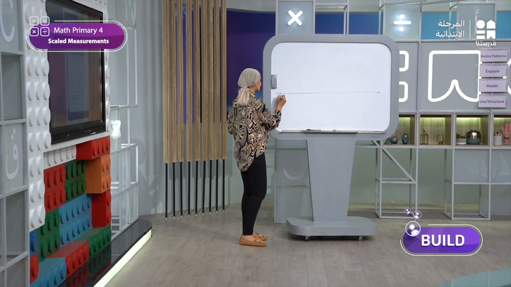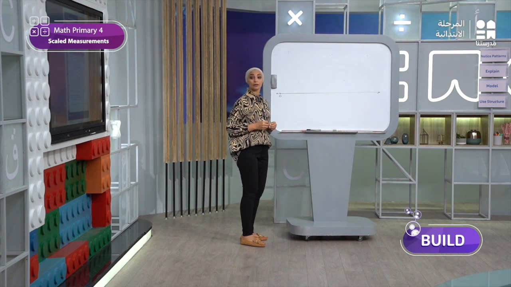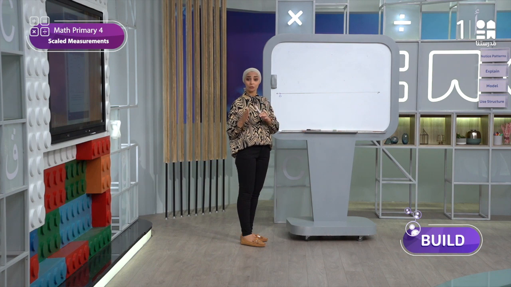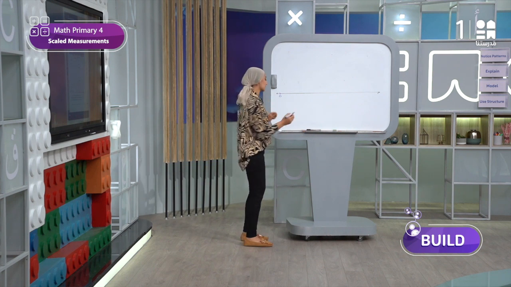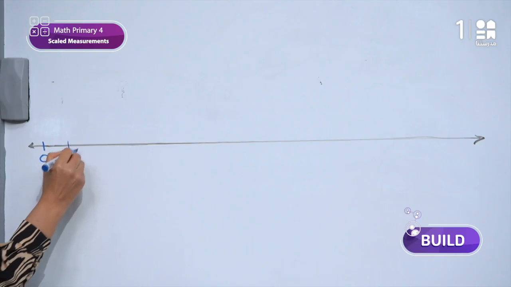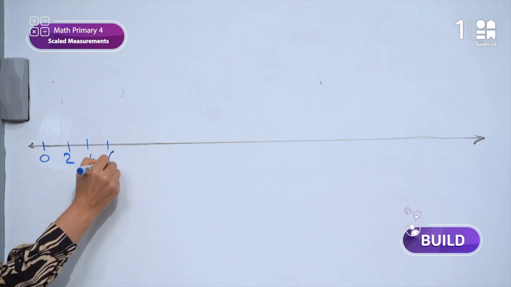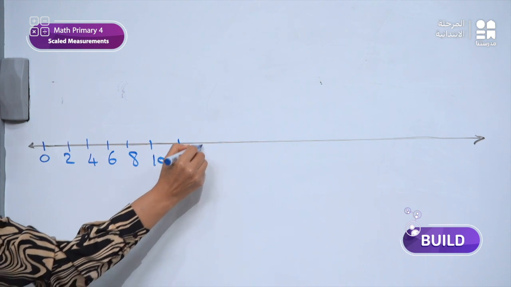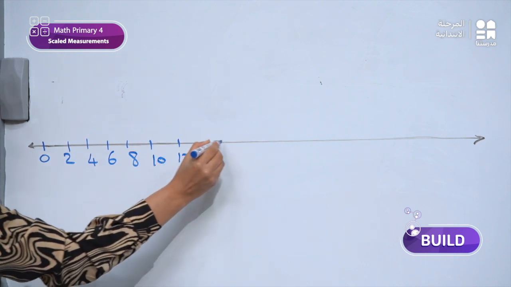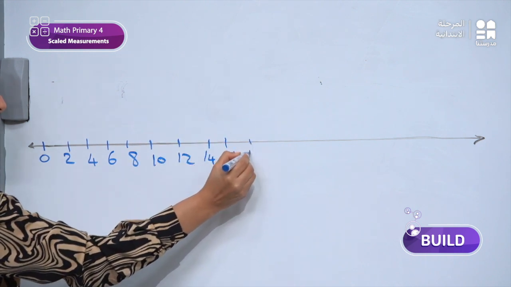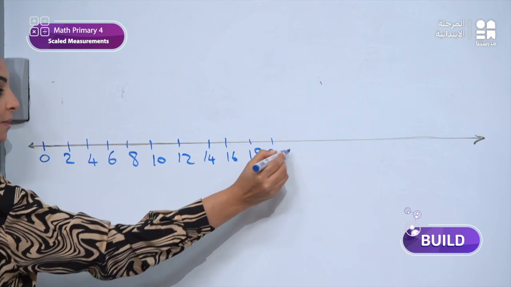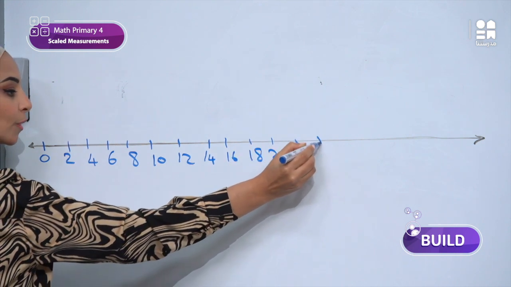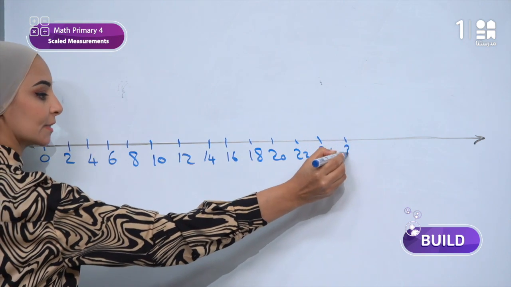I must start at 0. Then we start dividing it into twos, moving by 2. So it will look like this: 0, 2, 4, 6, 8, 10, 12, 14, 16, 18, 20, 22, 24, 26,